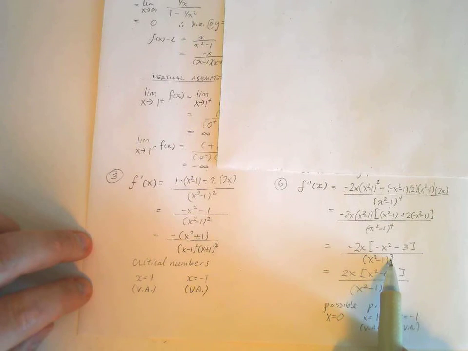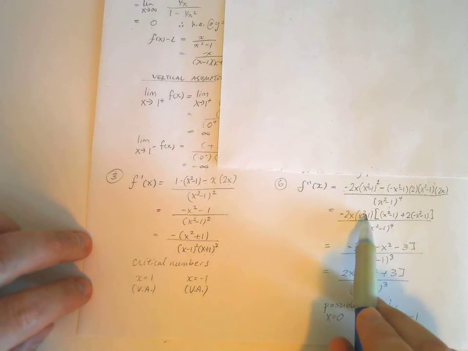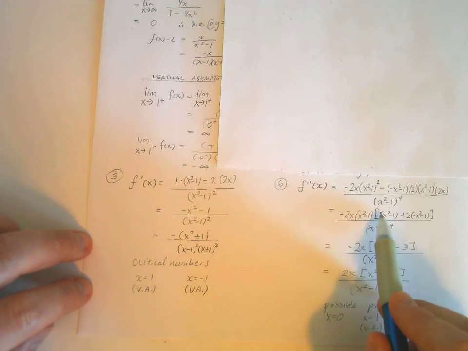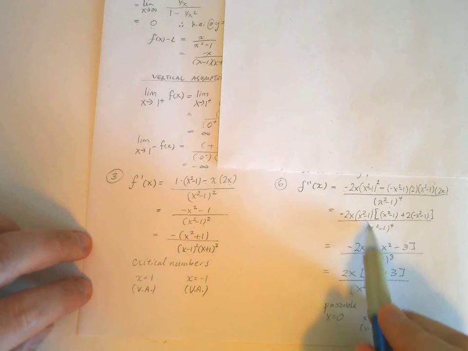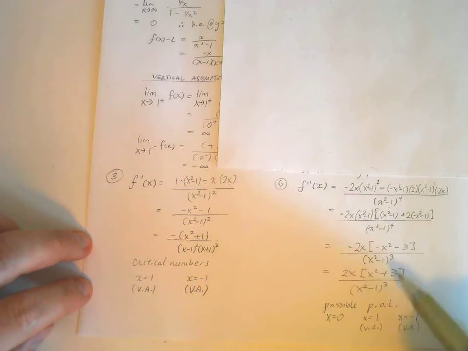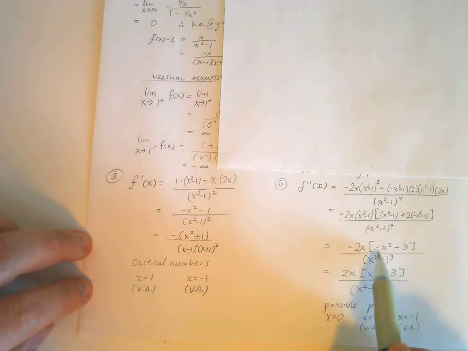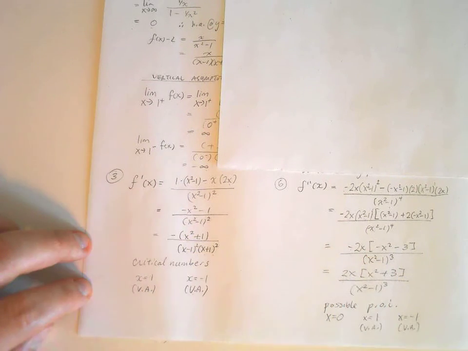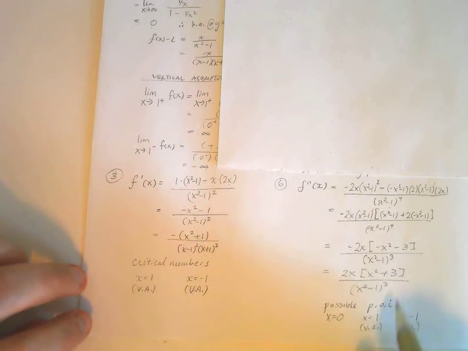And notice that the denominator had lost a degree because I used an exponent rule here. I've got x squared minus 1, another x squared minus 1. So powers with a common base, keep the base, subtract the exponents. So that's what I've done here. And then inside here I can take out a negative as a common factor, and it'll cancel with that negative. So here is my cleaned up, simplified version of my second derivative, which means if I'm looking for possible points